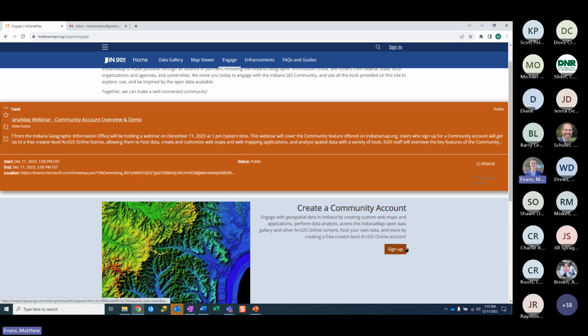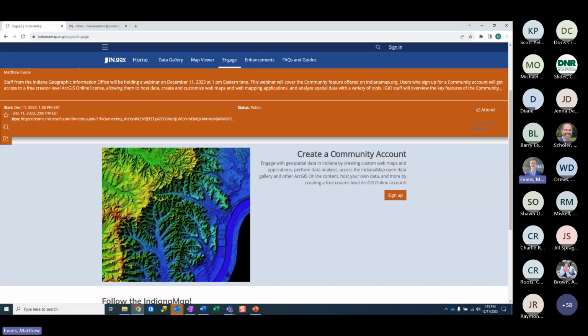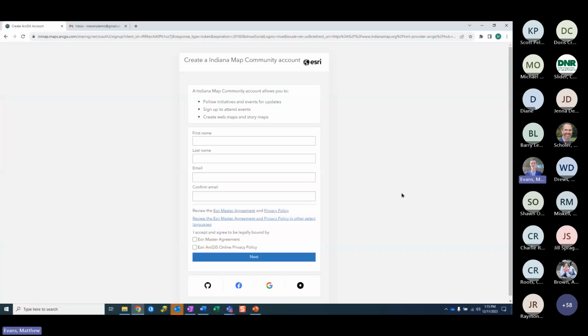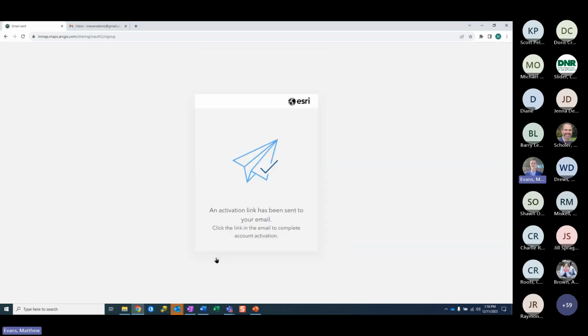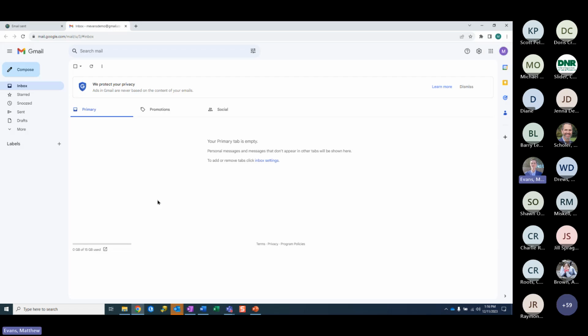So to start, you can click on this orange button under the Create a Community Account section, which will launch a new window that asks for some basic information and requires you to agree to the Esri Master Agreement and ArcGIS Online privacy policy. So I will real quick enter my name and an email address here, accept both of these agreements, hit next. And once you hit next, this will send an activation link to your email, which we should have coming into my